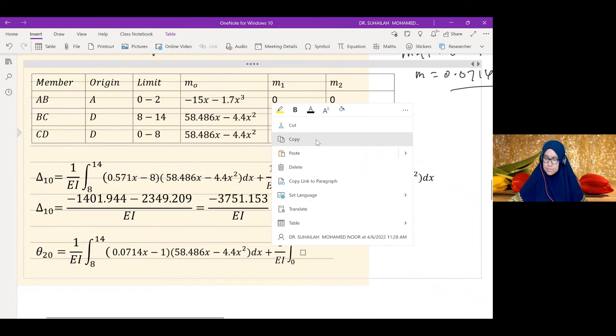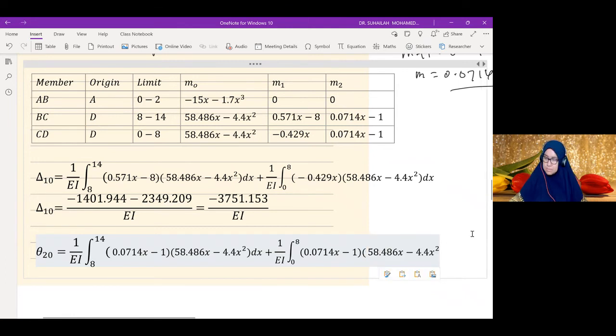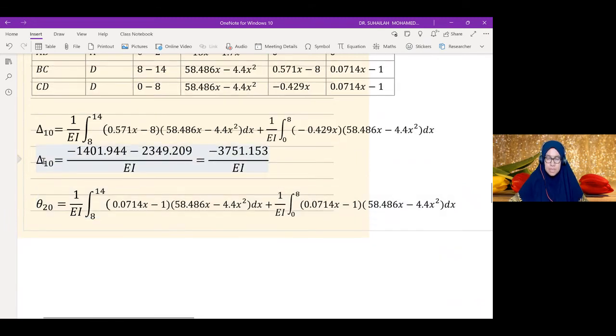This is M2, and M naught is this, dx. So this will be equal to